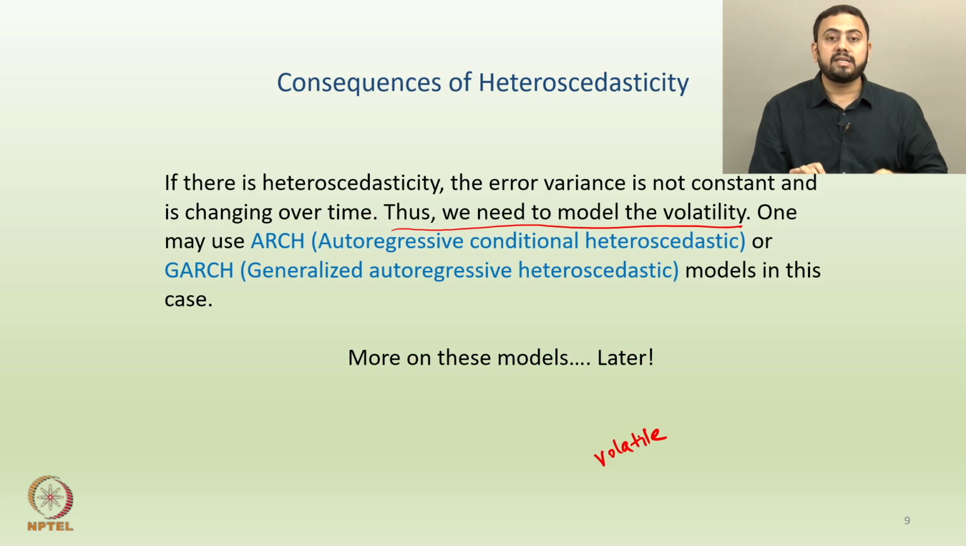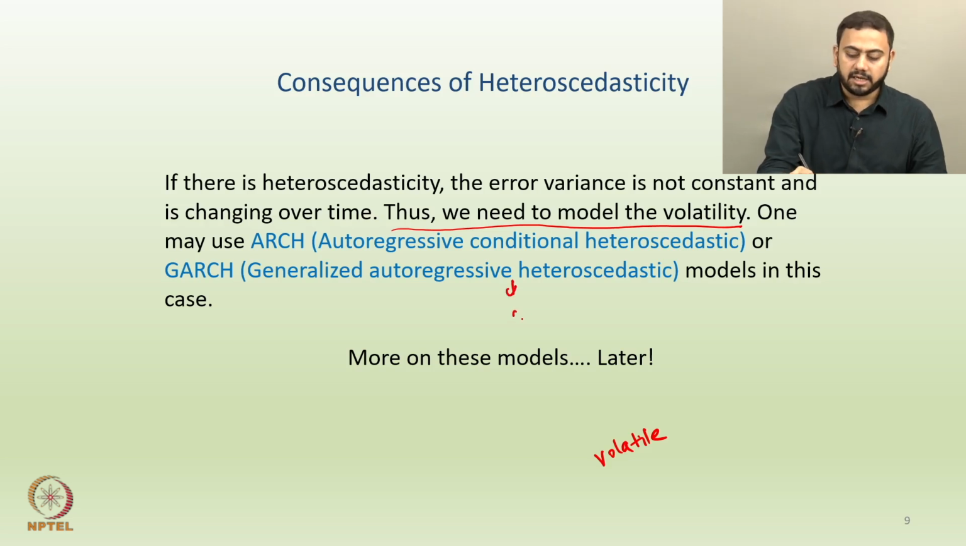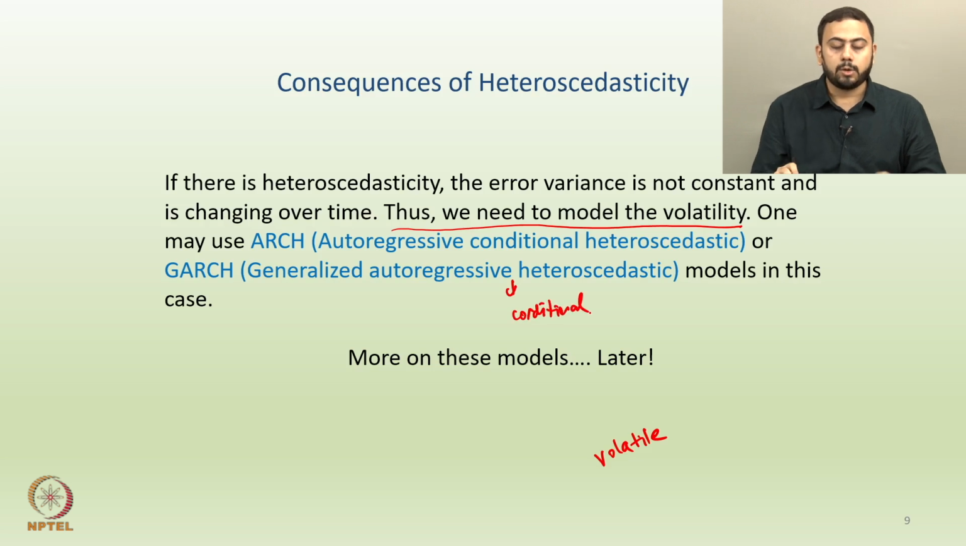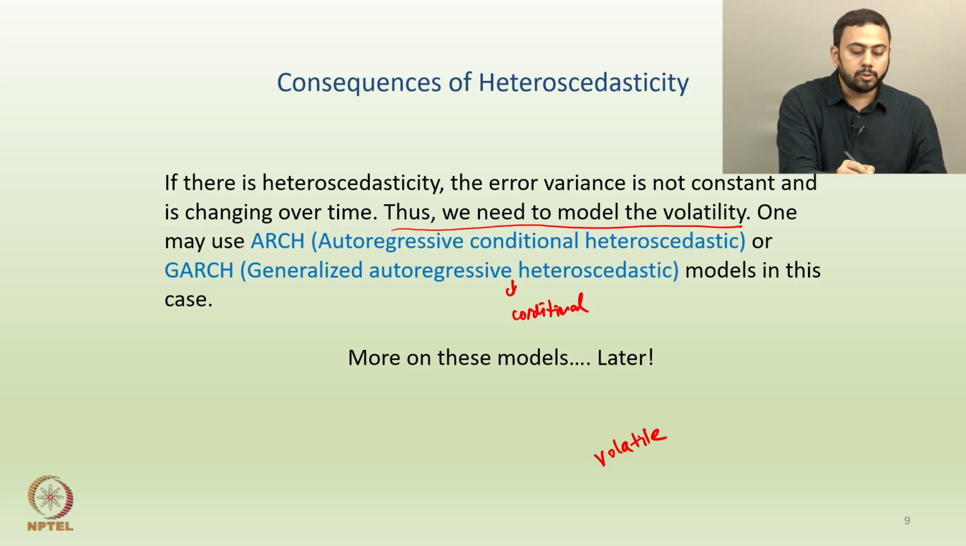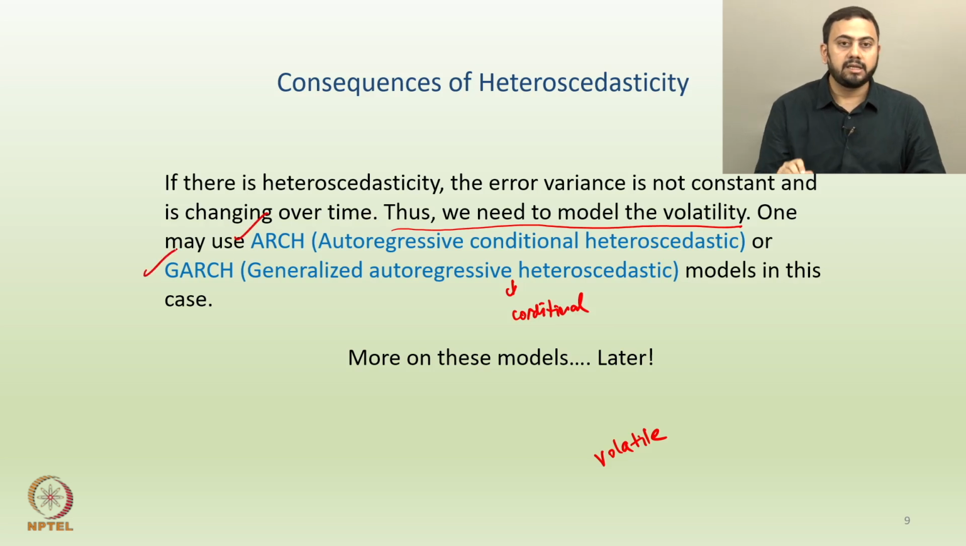So ARCH is autoregressive conditional heteroscedasticity, and GARCH is generalized autoregressive conditional heteroscedasticity. Again, I am missing "conditional" here, so both are conditional, by the way. ARCH is simply autoregressive conditional heteroscedasticity, and GARCH is generalized autoregressive conditional heteroscedasticity. Okay. And probably we will discuss both these models, ARCH and GARCH, in much detail at a slightly later stage